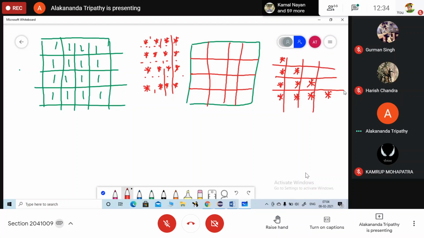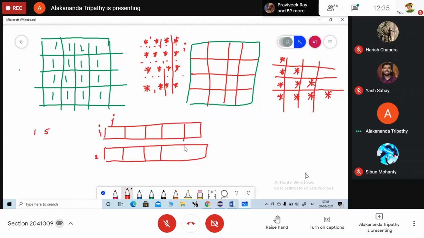So when my row value increases, for row 2, how many columns will be there? Again 5. When my i value is 3, it means row 3, how many columns will be there? Same 5 columns. So j indicates your column, i indicates your row number.